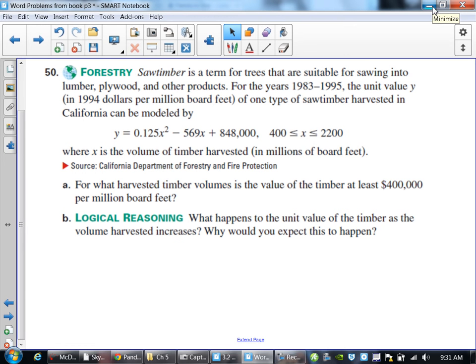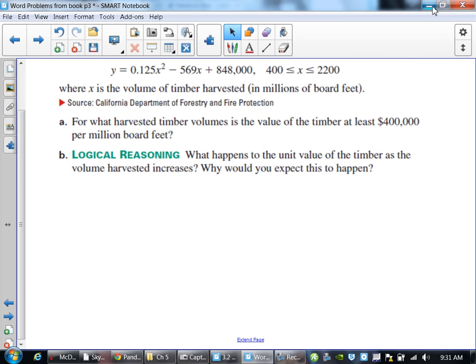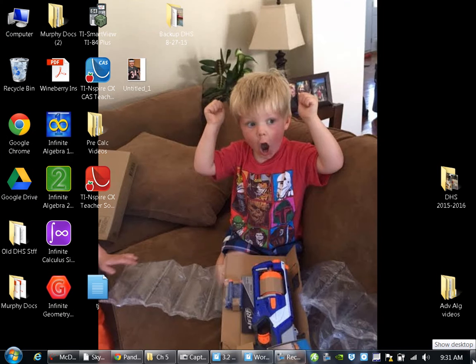Where x is the volume of timber harvested in millions of board feet. For what harvested timber volumes is the value of timber at least 400,000 per million board feet? Now, volumes, so there might be two of them because it's a parabola. So if you look at that, it's convenient, isn't it? If you look at that on our calculator here,